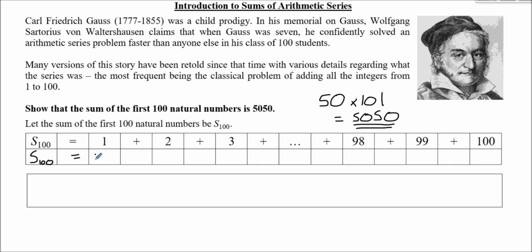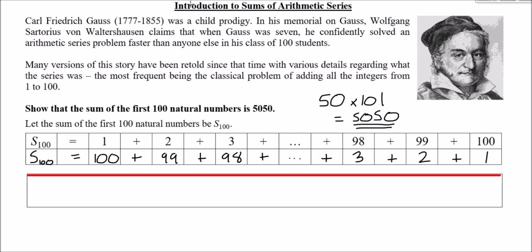So start with 100, then run down accordingly. 99 plus 98 plus 97, 96, and so on and so on. And get towards the end, plus 3, plus 2, plus 1. Now what we can choose to do is we can add both rows together. So on the left-hand side of the equal sign, we've got S100 plus another S100. So two lots of the sum of the first 100 natural numbers would be 101